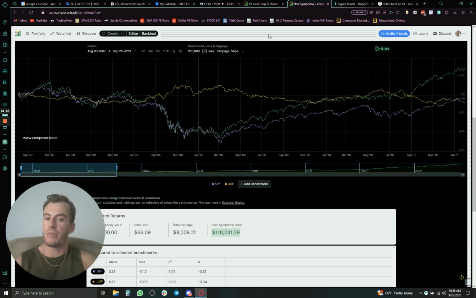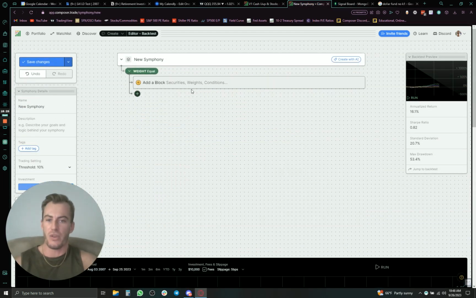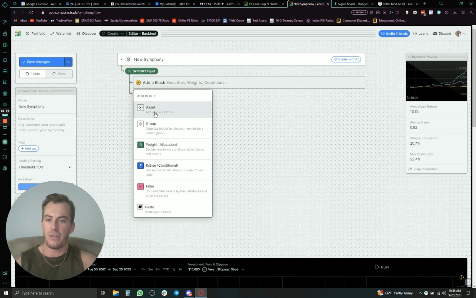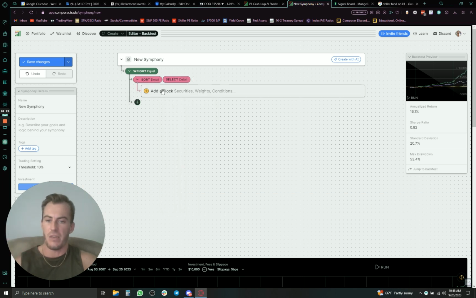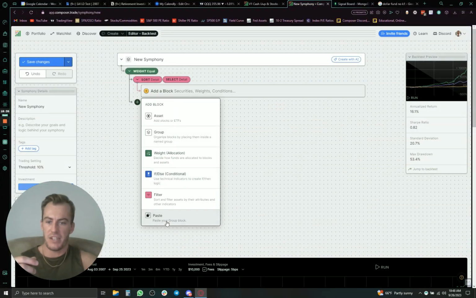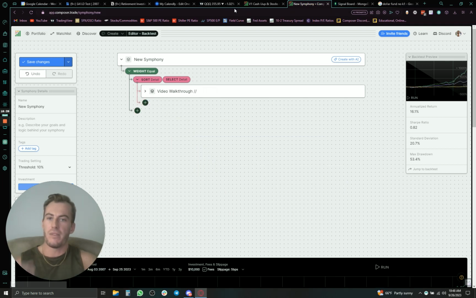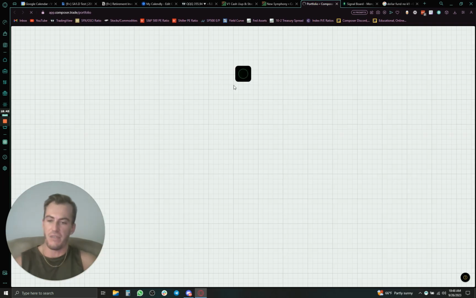If you're not familiar, Composer has actually just launched dynamic sorting of algos. So here is the idea or the philosophy behind why I just built this strategy. If I take this strategy and copy it, I can paste it inside of the dynamic sorting. Now, if I go to my portfolio and I grab one of my best strategies, like the FTFL variants,